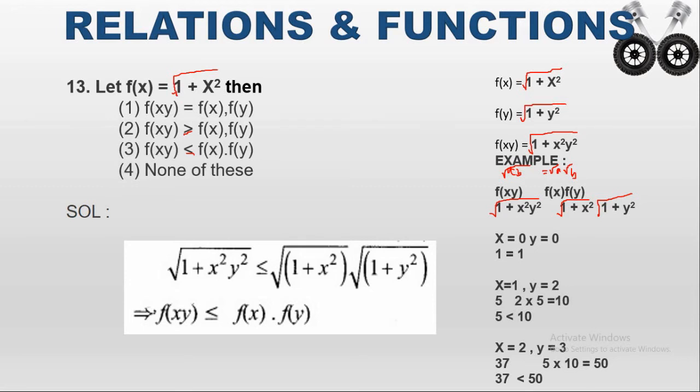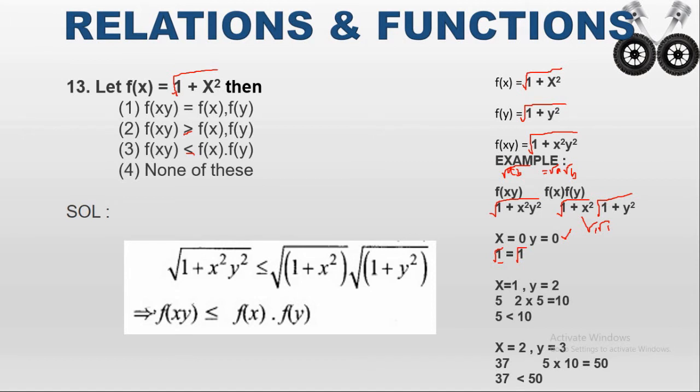So very first I substitute the value for x as 0 and y as 0. Then here it is 1 plus 0 square into 0 square. 0 square is 0, so 1 plus 0 is 1. So in the LHS we have 1. In the RHS, 1 plus 0 square is 1, so square root of 1 into square root of 1, which is square root of 1. So square root of 1 equals square root of 1. Both the LHS and RHS are equal.